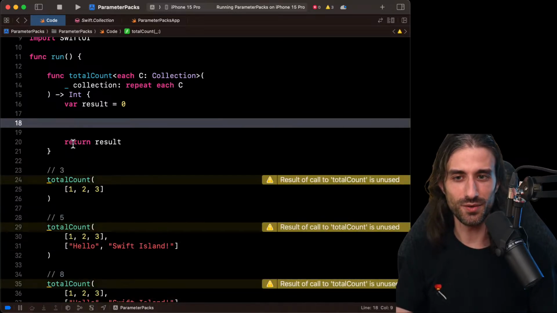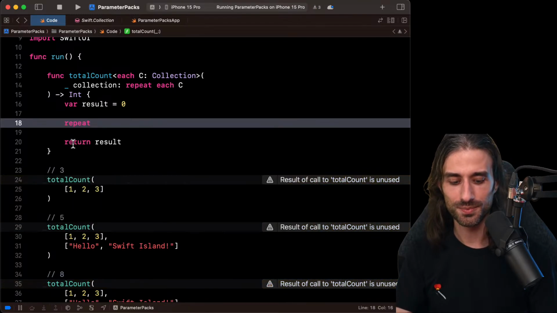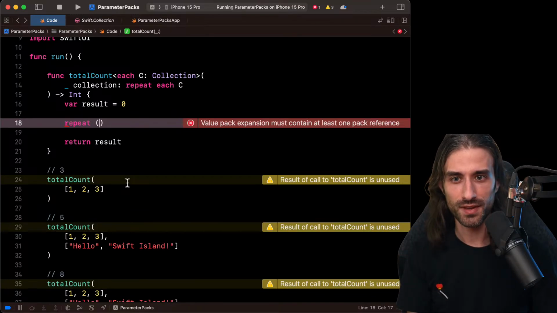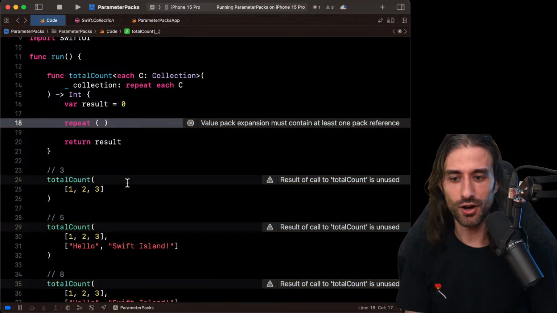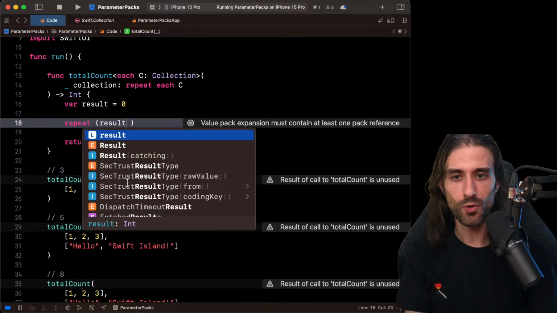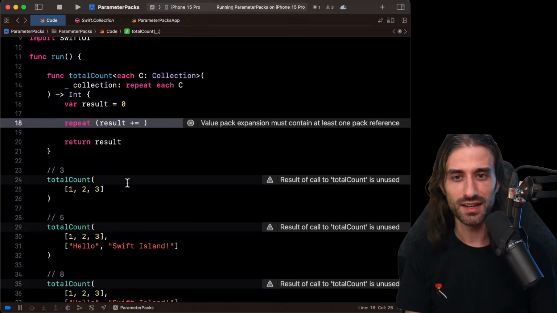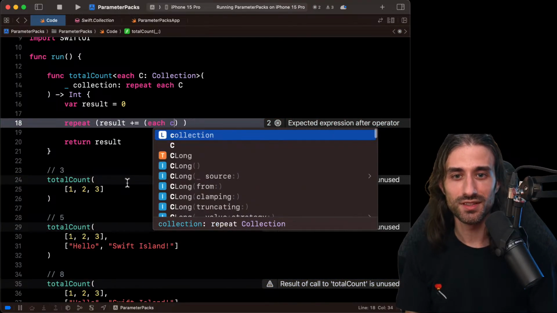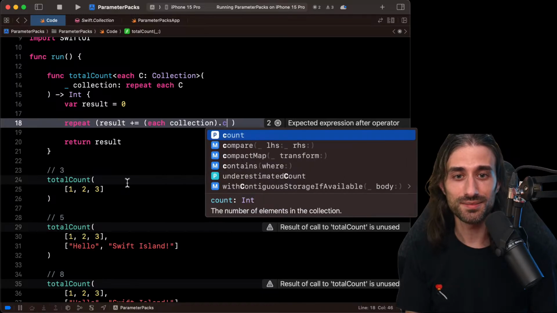So when I was telling you that it was going to be an interesting syntax, it's that we are going to do an expansion of the value pack, so the collections. We're going to create a tuple, and each member of this tuple will be a side effect that will be incrementing result with the count of each collection.